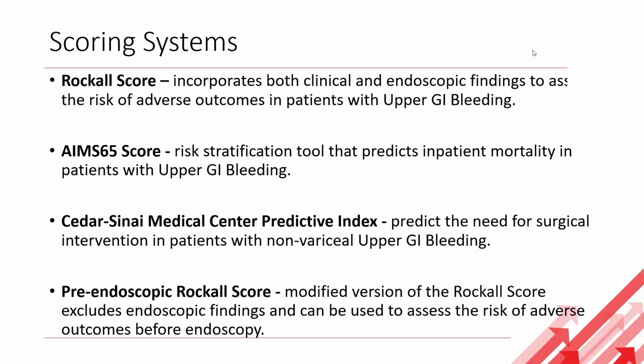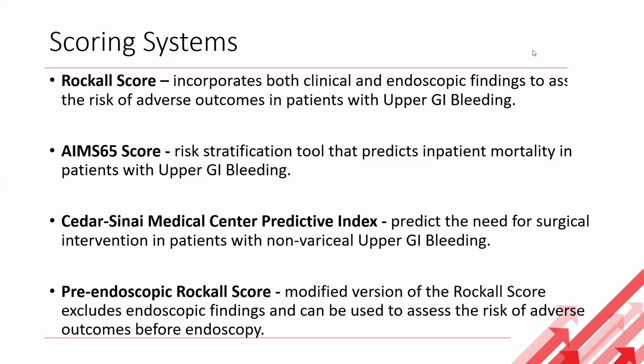We have the Rockall score, which incorporates both clinical and endoscopic findings. So this one technically rules out its use in the emergency department because you may not be able to do an endoscopy when your patient comes in with an upper GI bleed. The AIMS65 score, same thing. It's a risk stratification tool that predicts inpatient mortality. So this basically applies more when your patient has already been admitted, so that we see what the chances are that this patient is actually going to make it out alive from our